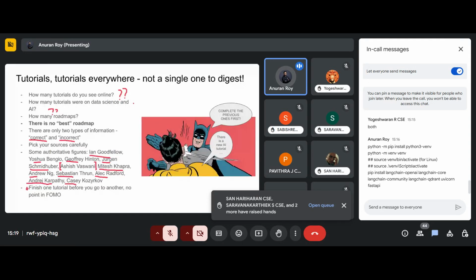Once you're done with the commands, do give a thumbs up here. So is it installing or has the installation completed?